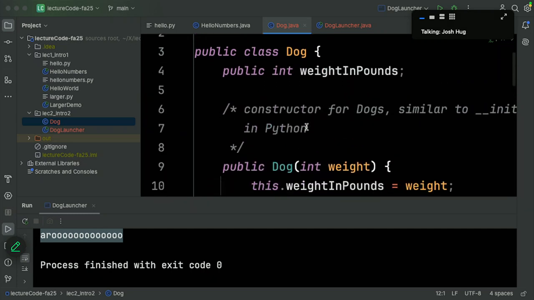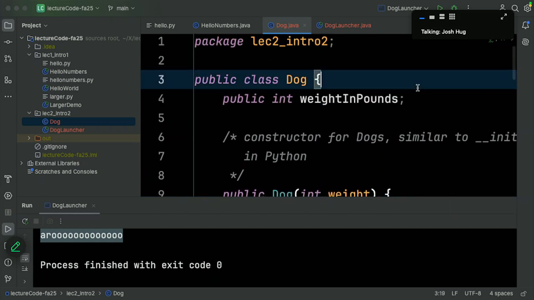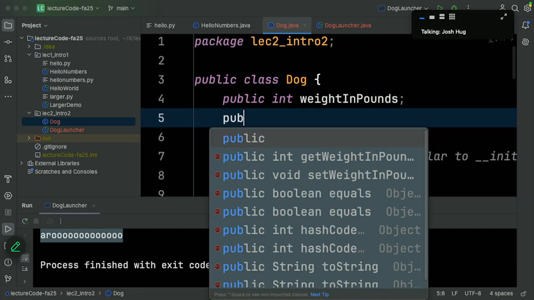Can you have multiple constructors? Sure can. You can have more than one. Yep. I'm going to show you one more thing that is good to know, but only to use sparingly, which